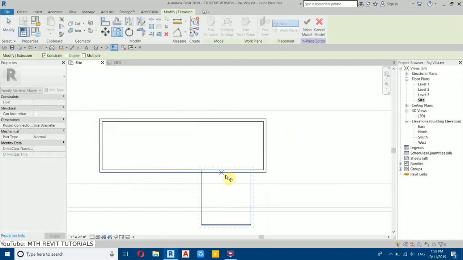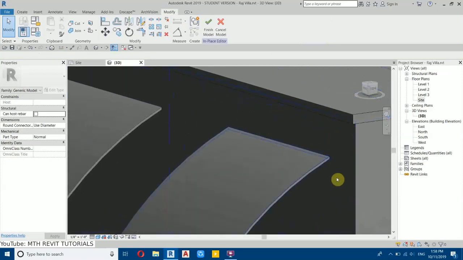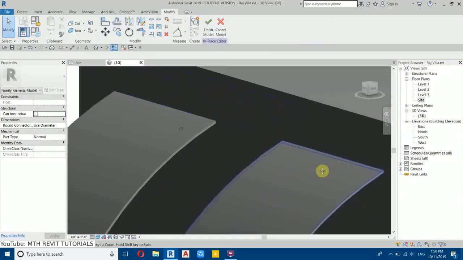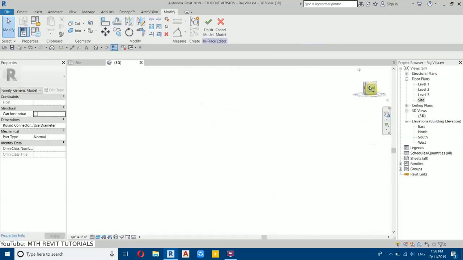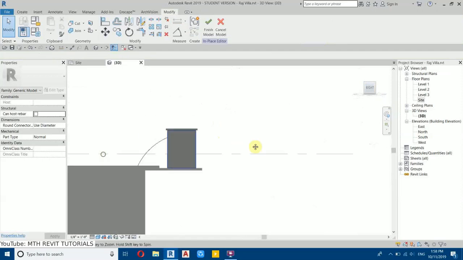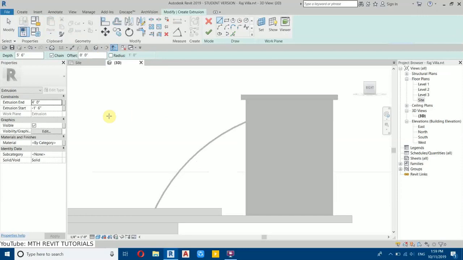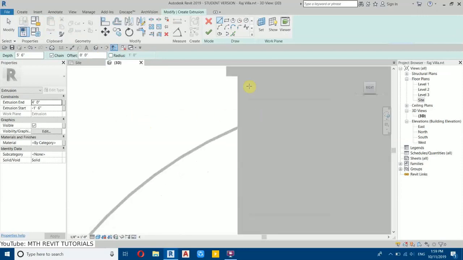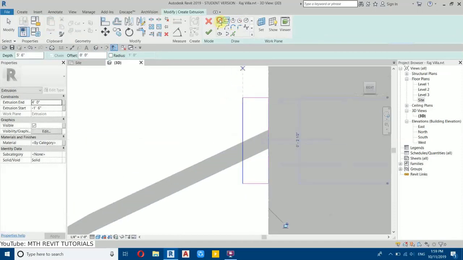Now we can just copy this one, paste here, and let's go back to 3D and create another extrusion on this side, to make it more realistic. So we'll go back to right view again and then create extrusion. The work plane is already set to this face. You can see we can draw on this face, so we will just draw a rectangle here like that, and then let's extend this a bit